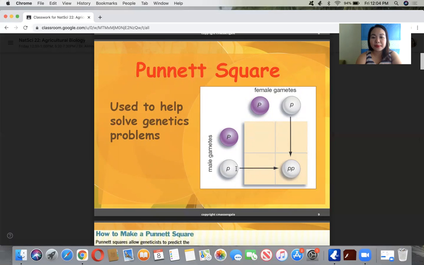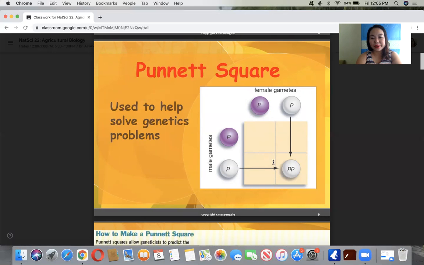So the small p from the male and another small p from the female gametes is equal to two small p's, the same as the double capital P's